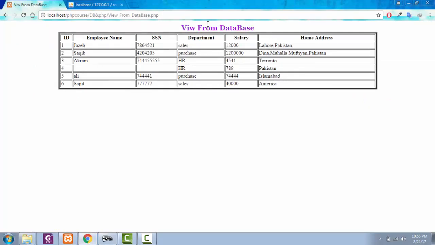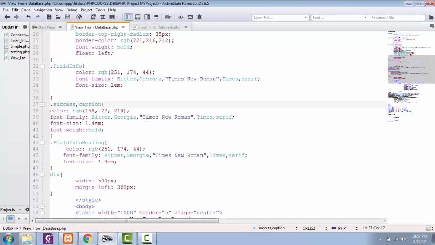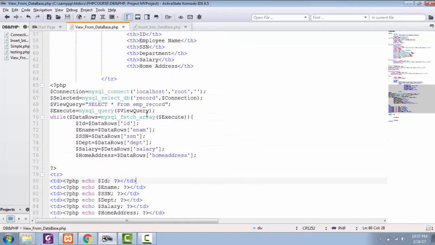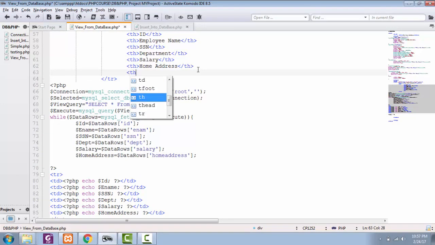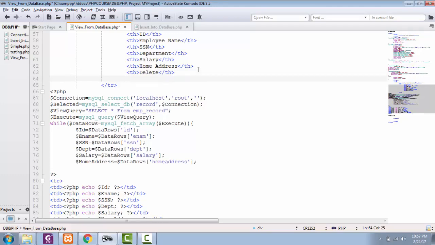Now in this lecture I want to add one more thing, and that is for our next lecture, deleting a record from our database and updating a record in our database. So I think it would be great if we add the button right here as well. We can do that by simply adding more columns in our table heading. I can add here a table heading to be delete and a table heading to be update, and in the table